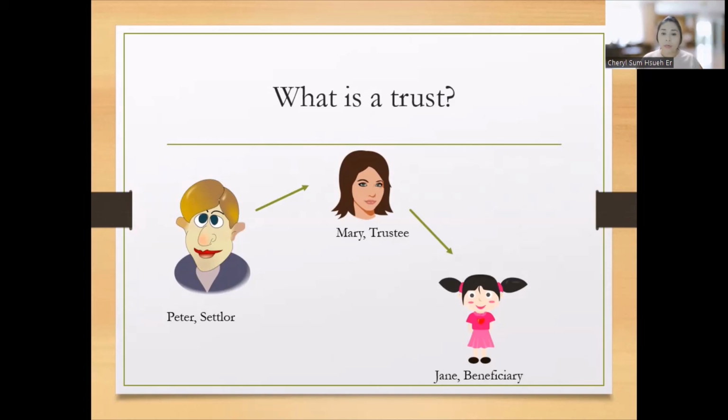Now, just to recap, the trustee, Mary here in this case, is the legal owner. So in the event the settlor provides that the trustee is to rent or sell this property, Mary should be the one signing on all these documents. Mary should be the one making all these decisions on behalf of the beneficiary, Jane. But Jane, in the meantime, as a beneficiary, is an equitable owner. In other words, Jane may maintain the rights to stay in the house, use the property, benefit from the house, but not direct rights to control and deal directly with the property. That's essentially what a trust is.